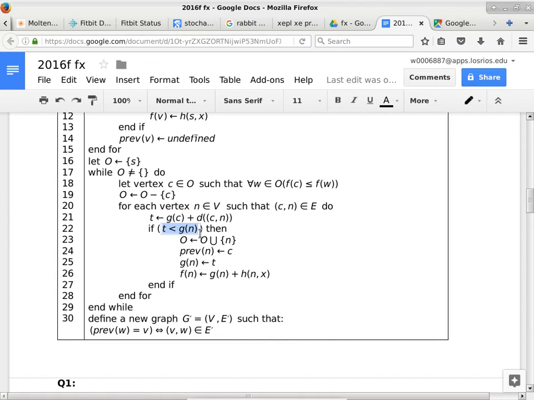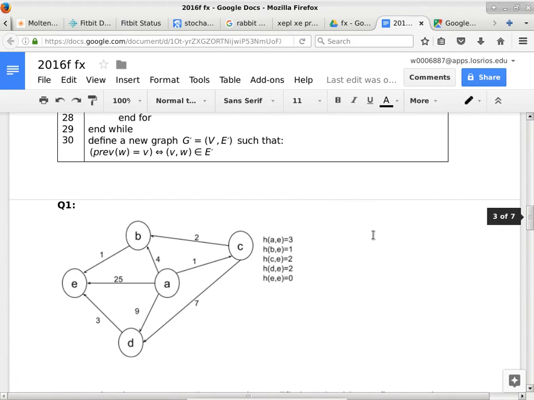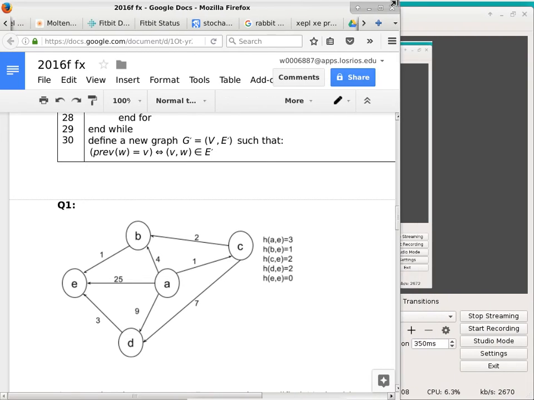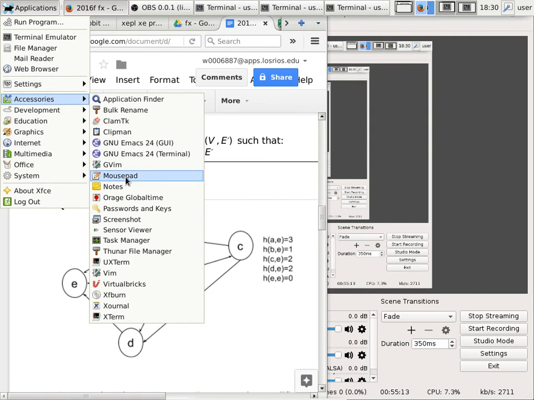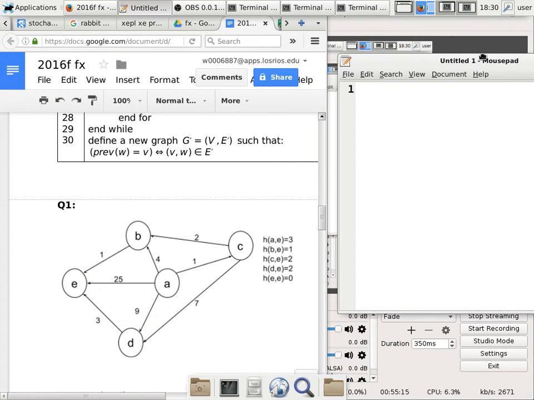Okay. So the next thing we want to do is to go through this algorithm and apply that to the graph in the question. So this might get a little bit messy because I will need a mechanism to log this and also update things at the same time. So what I'll do is I'm going to try to do something like this. I'm going to resize this window so that we can look at different things at the same time, and I would use mouse pad on the side to keep track of things.